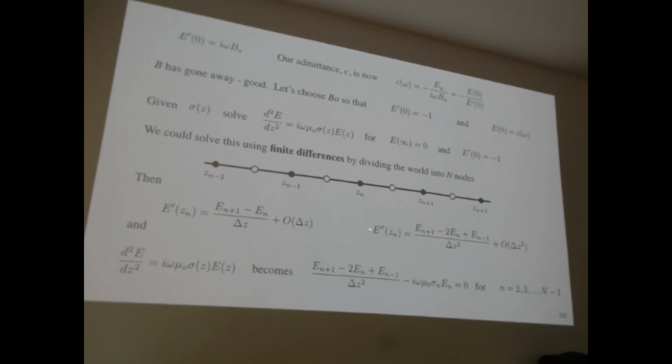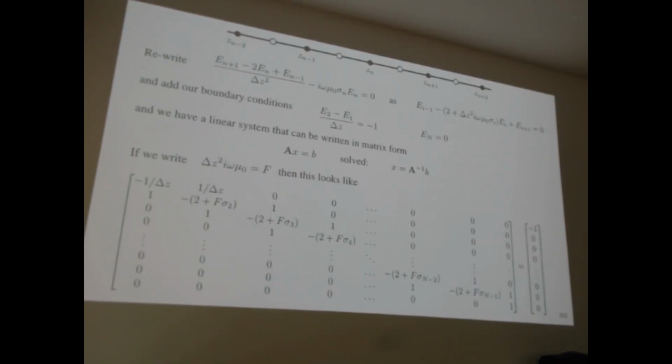And we could calculate second derivatives by taking differences between first derivatives. So we can compute all the derivatives we want. This second derivative by just taking differences on these nodes. And you don't have to space these nodes equally, but it's usually easiest for coding to do that. So